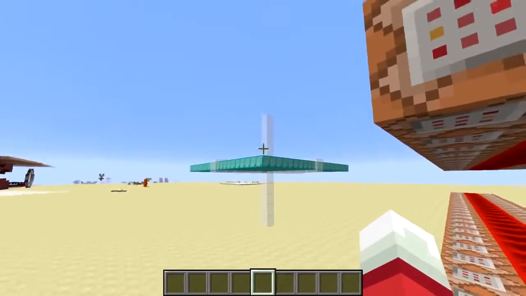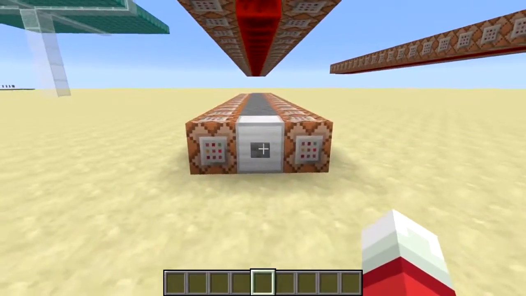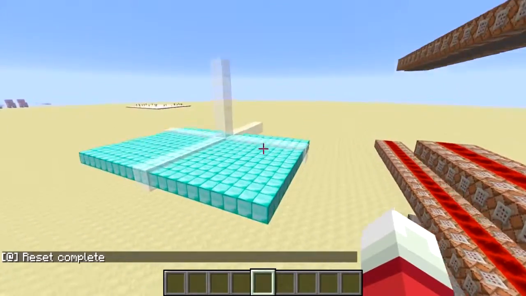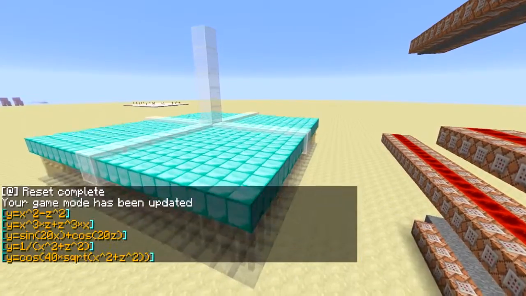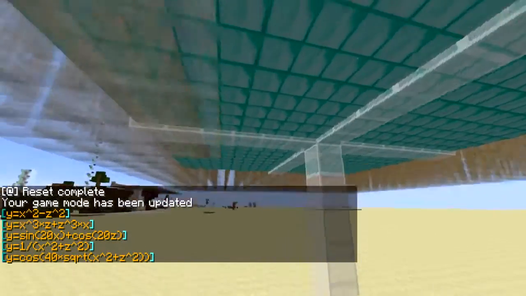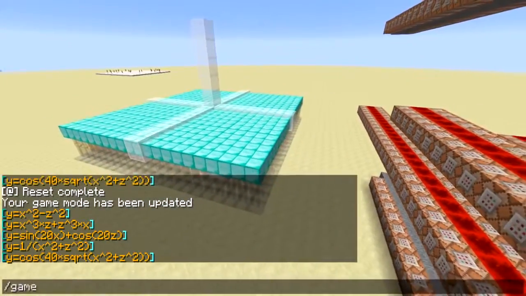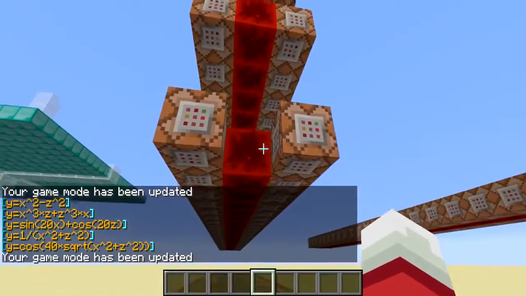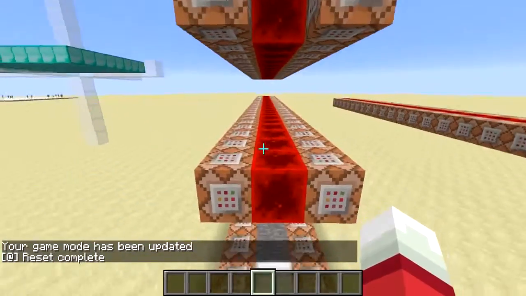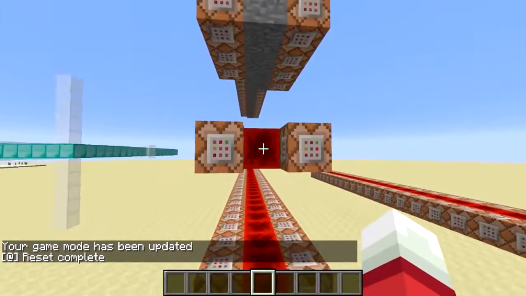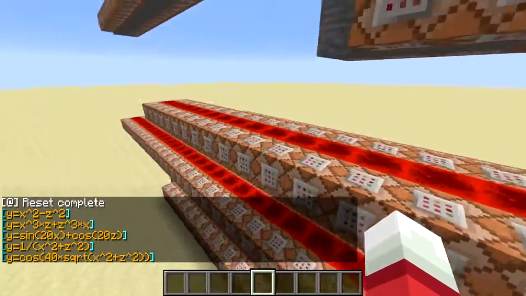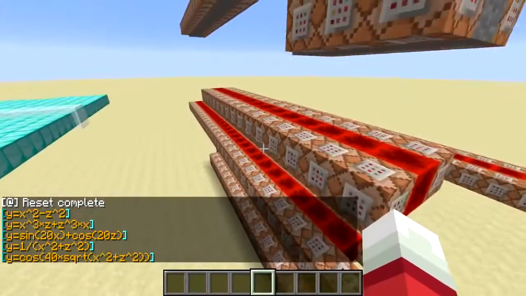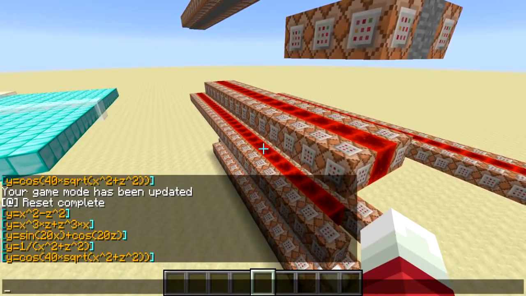This clock right here is involved in resetting. Basically, it goes line by line and summons in these armor stands. These are, of course, armor stands. In game mode 3, you can see just a bunch of armor stands wearing diamond blocks on their head. And so when I push this button, the clock turns on by having a block here, and when the reset procedure is done, it turns on this clock, which then listens for when the player clicks on one of these